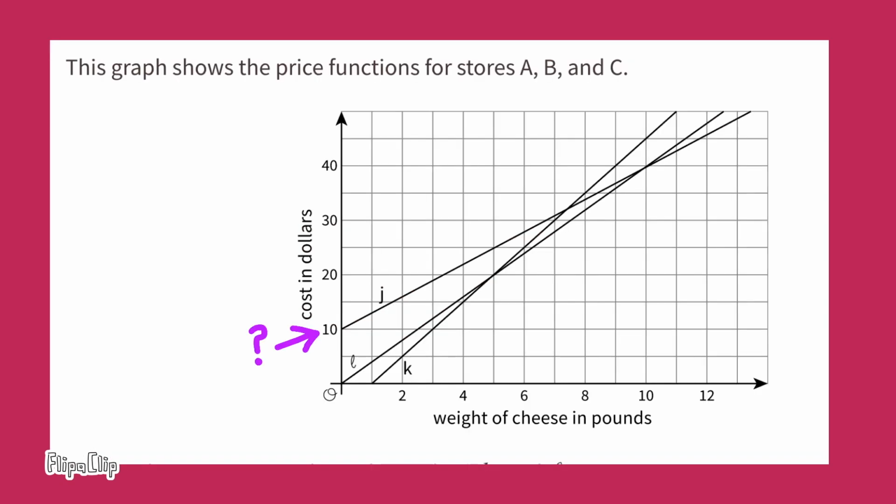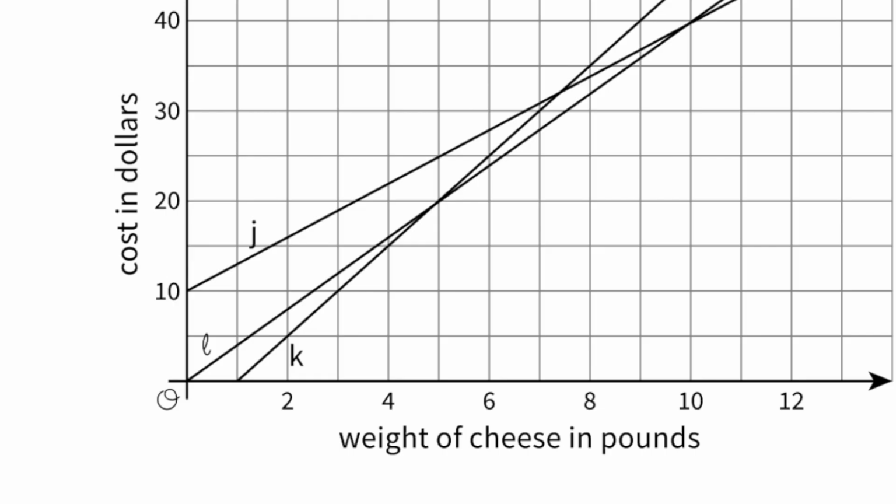When I look at this graph, right away I see this line that starts at 0 pounds of cheese at $10. So that makes me think that this might be Store C, the store that charges a delivery fee of $10. At the bottom of the graph, you'll find the horizontal axis, and the horizontal axis represents the weight of the cheese in pounds. And along the left side of the graph, you'll find the vertical axis, which represents the